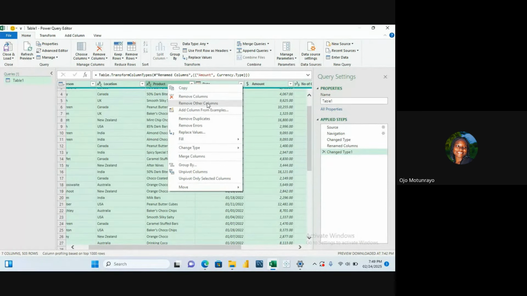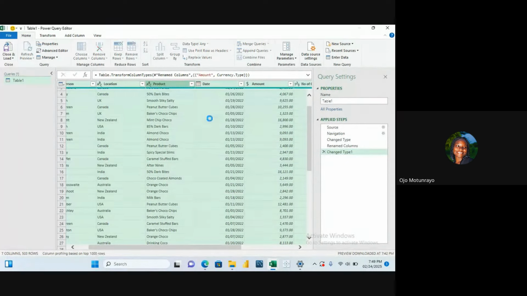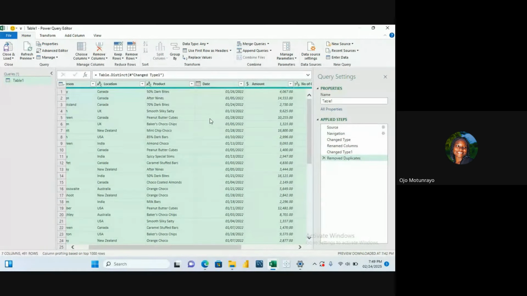So where we have copy, remove colors, remove other colors, remove duplicate, then remove duplicate. So our duplicates have been removed. But before we remove duplicates,